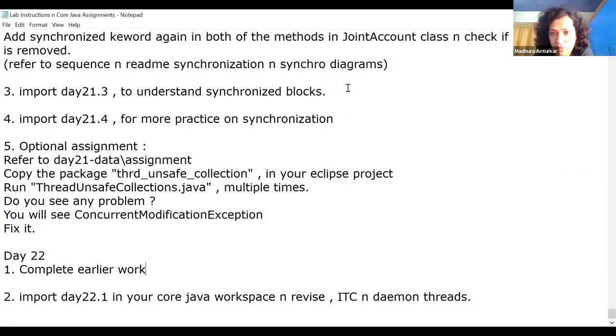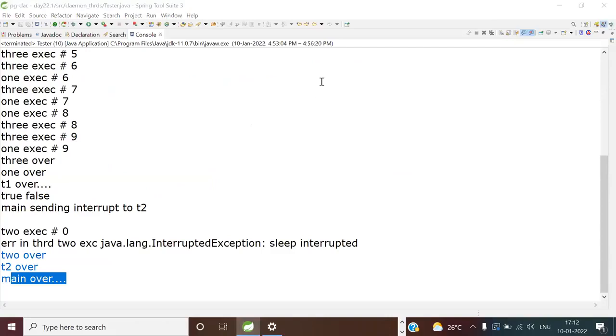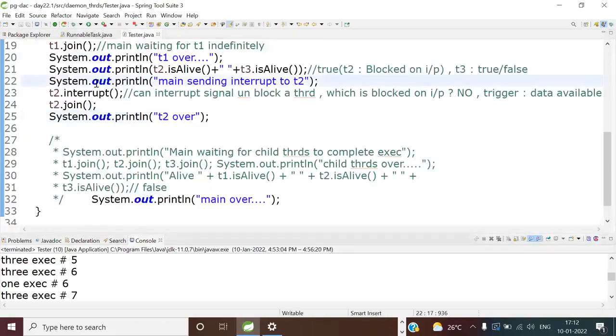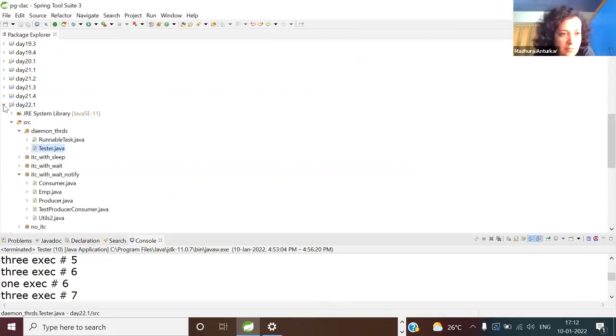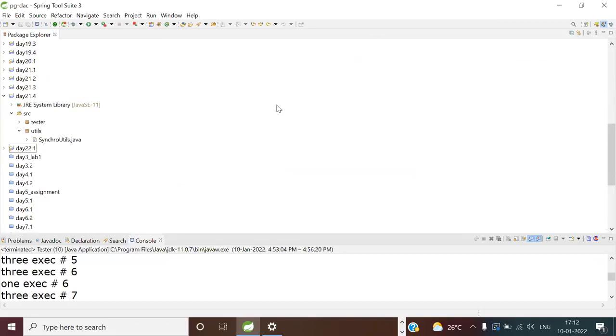Just a second. I'll share my whole screen. So if you want, you can definitely try this out. Open your core Java workspace. And here, let's see, 21.1, just a second. Synchro utils, yeah. So Srinivas or anyone, whoever wants to test, but right now I'm not going to discuss this. I'm telling you very honestly, unfortunately, because I want to start you on advanced Java JDBC today mainly. But in your free time, you can try this.